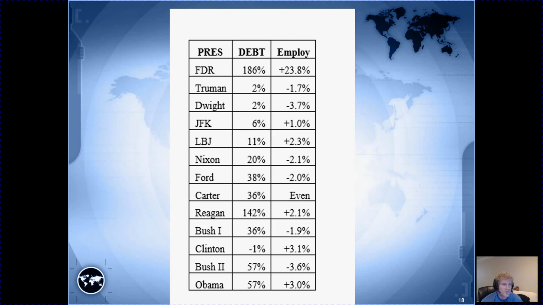These are the presidents since we've been measuring these kinds of stats, starting with FDR. The first one is the amount of debt that went up, or whether they were able to get a surplus. If it's a positive number, that means our debt went way up. So, starting with FDR,